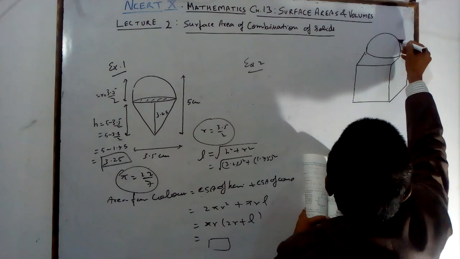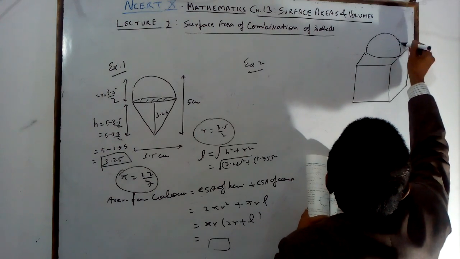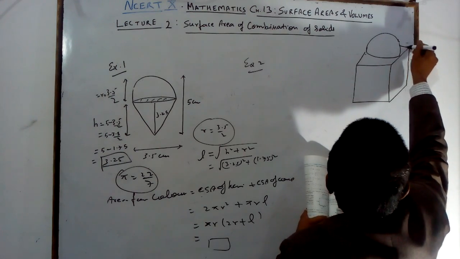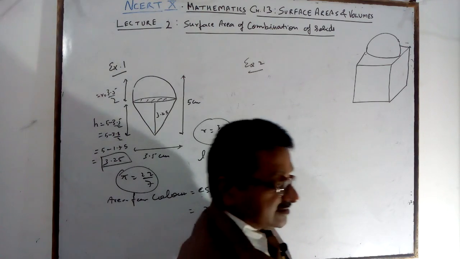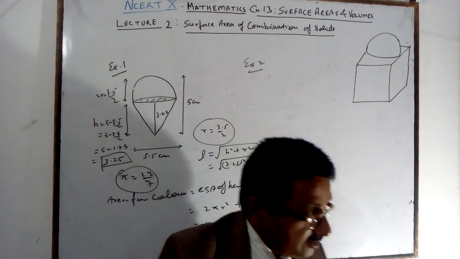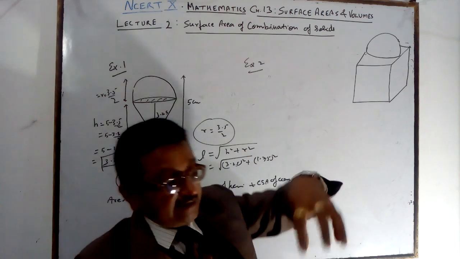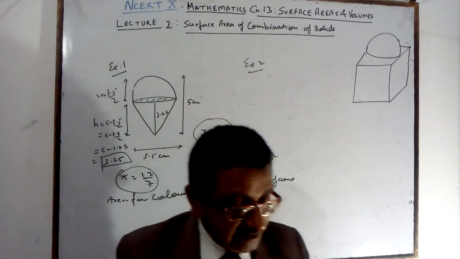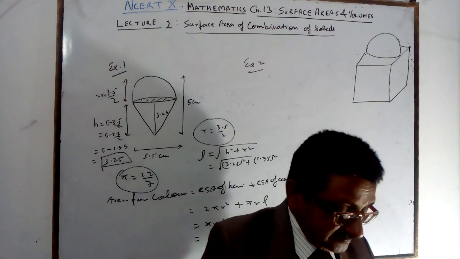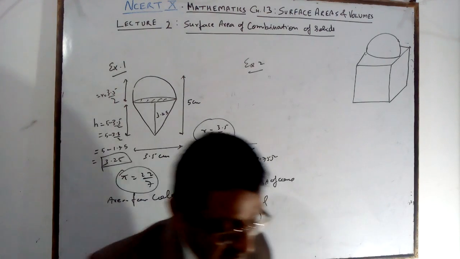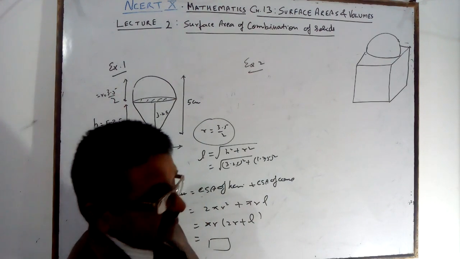So you are getting this. It is given in the figure. The ball is here, the top like this. Anything you can see, that is the ball. On this there is a hemisphere, like this. There is a hemisphere on the top of the wooden block. Hemisphere means there is some relation given.